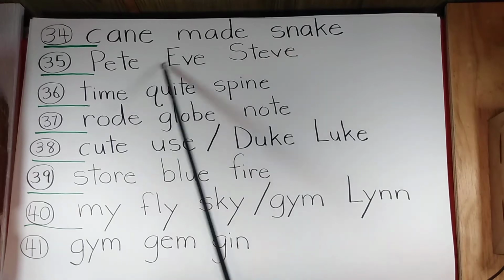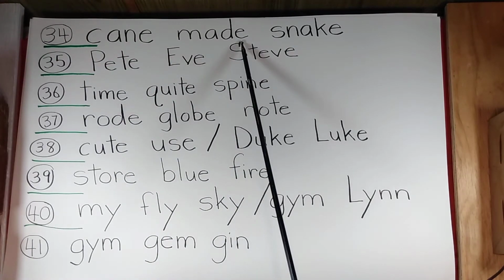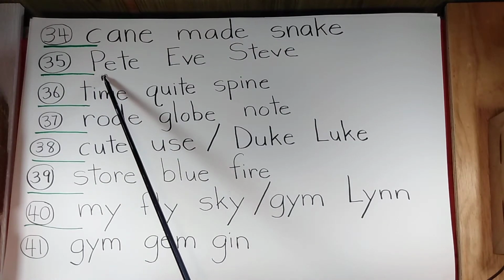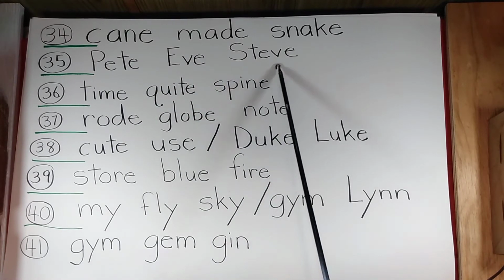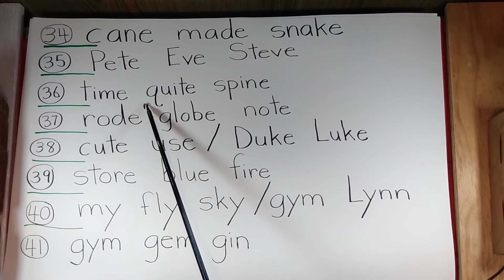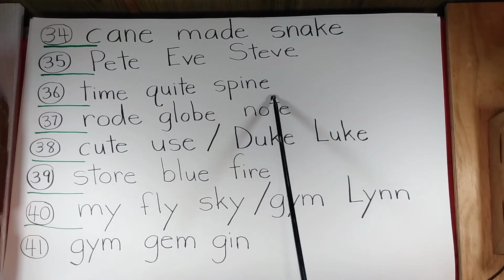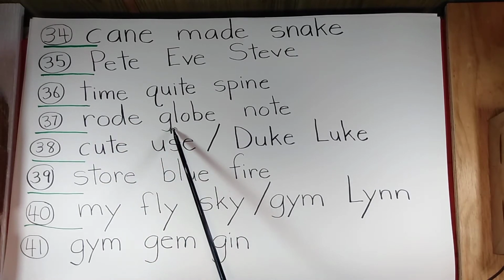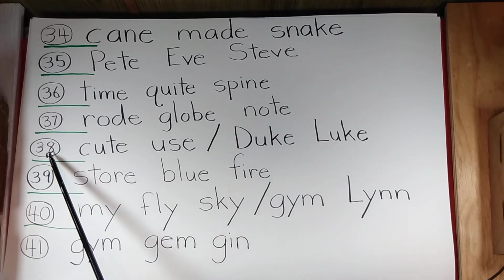I think we got everything. 34, cane, maid, snake. 35, Pete, Eve, Steve. 36, time, quite, spine. 37, road, globe, note. 38,